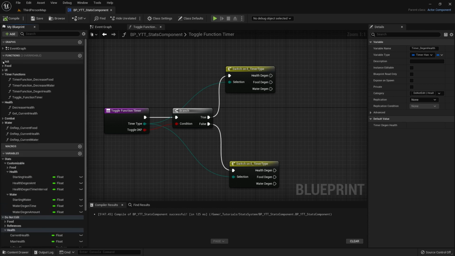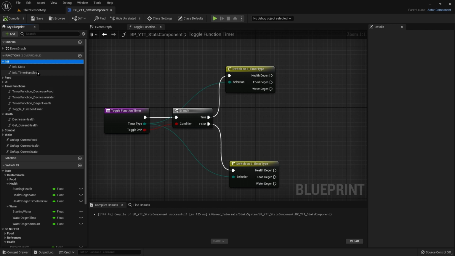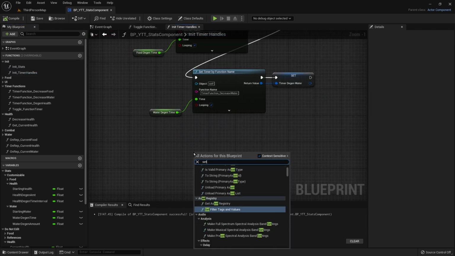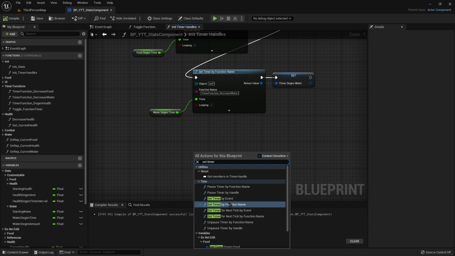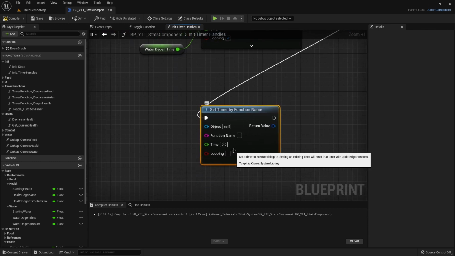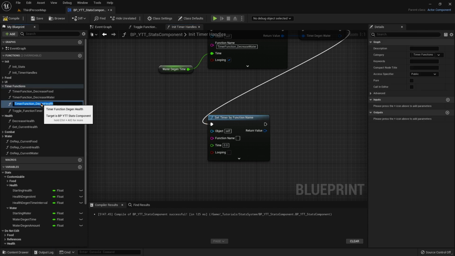Now we need to initialize that. So let's go up here to our functions, init timer handles, open that up, and we're gonna right click and type set timer function by name. Select that. Let's go ahead and connect the execution pin. Zoom in a little. And the function name is this, timer function degen health. So I'm just gonna copy that